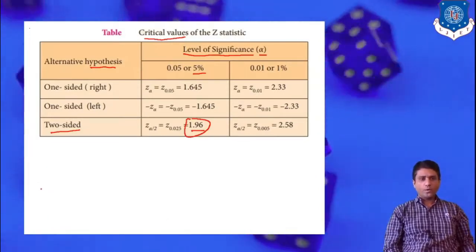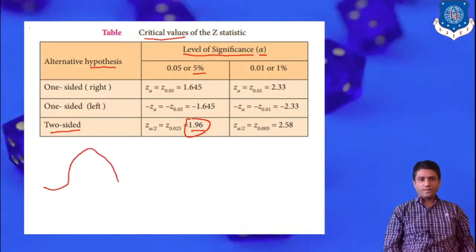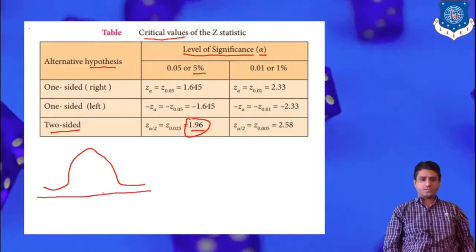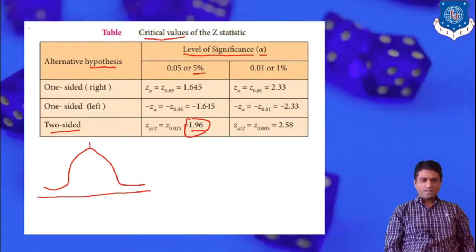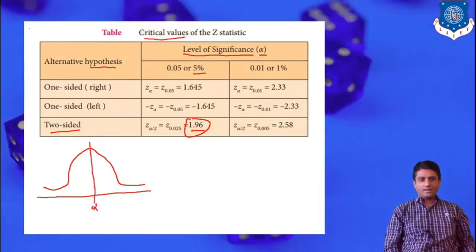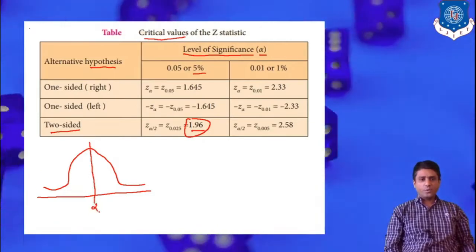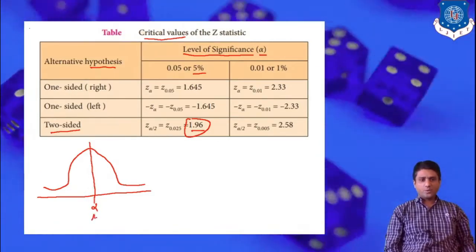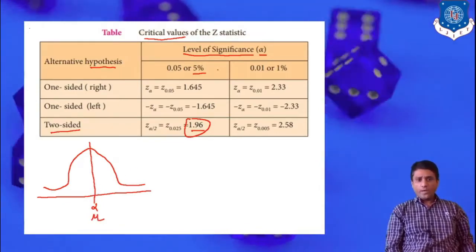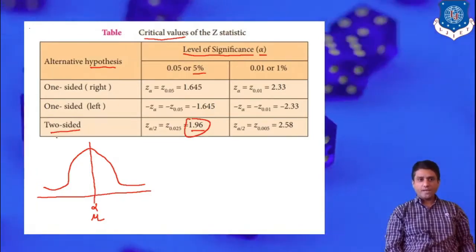So we know that whenever we perform any random experiment, the corresponding distributions are normal. More precisely, this is the middle line, which we also denote by mu. These are nothing but mu, that is the mean. Now we have to consider the 5% level of significance. We have to consider a two-sided test.